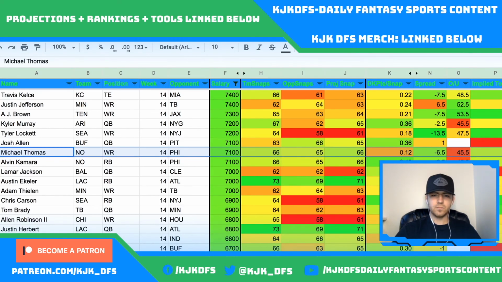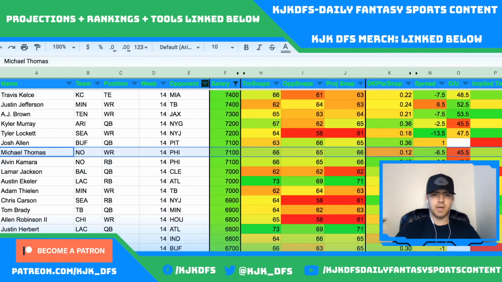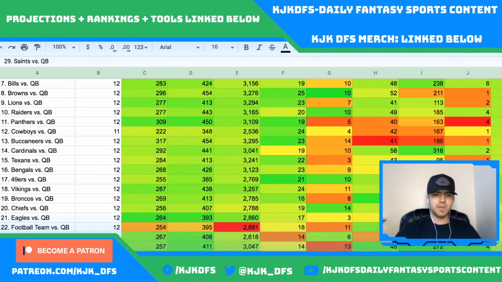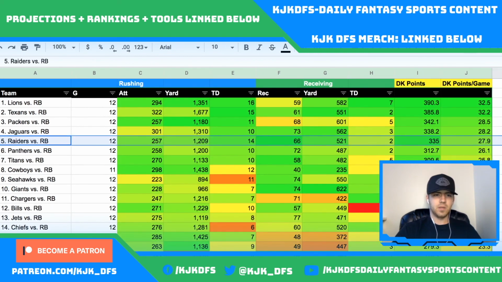And then on the Saints side of the ball, of course, we have another athletic QB in Taysom Hill who can get it done on the ground and through the air. And they do have a pretty respectable total, as mentioned. And the Eagles aren't really the best matchup. 21st best team to target in terms of QBs. However, when looking at the running back position,